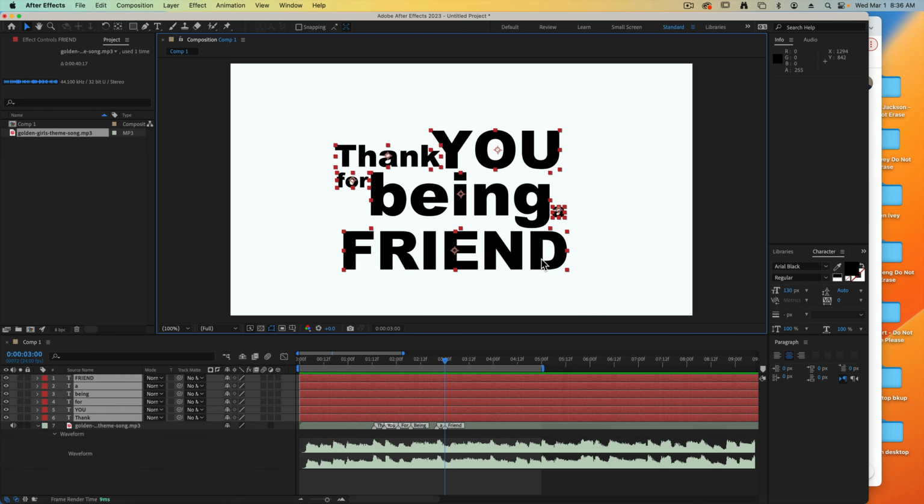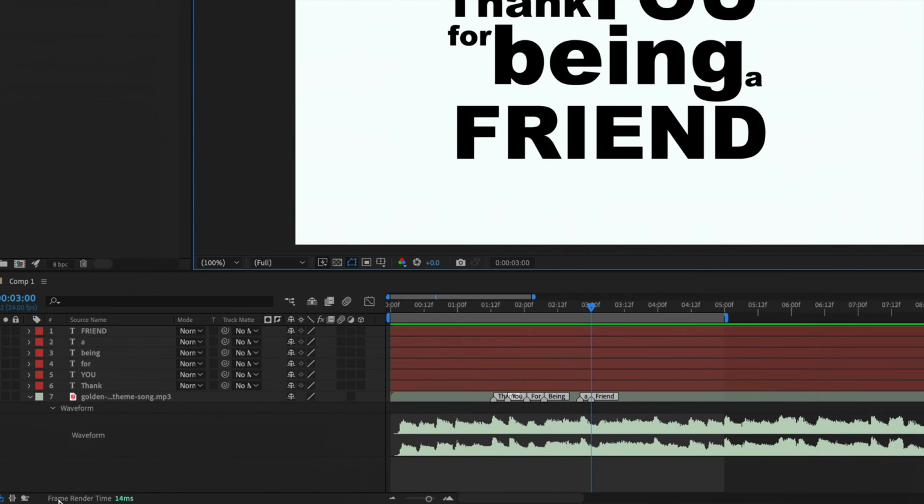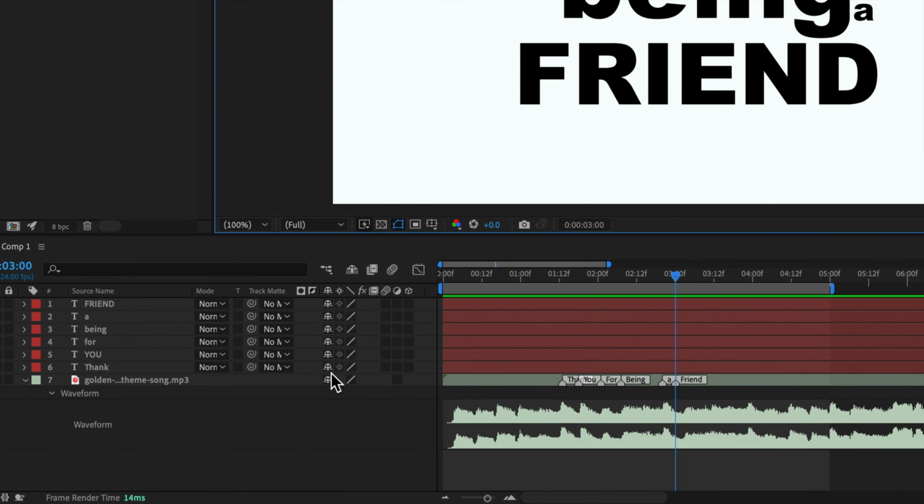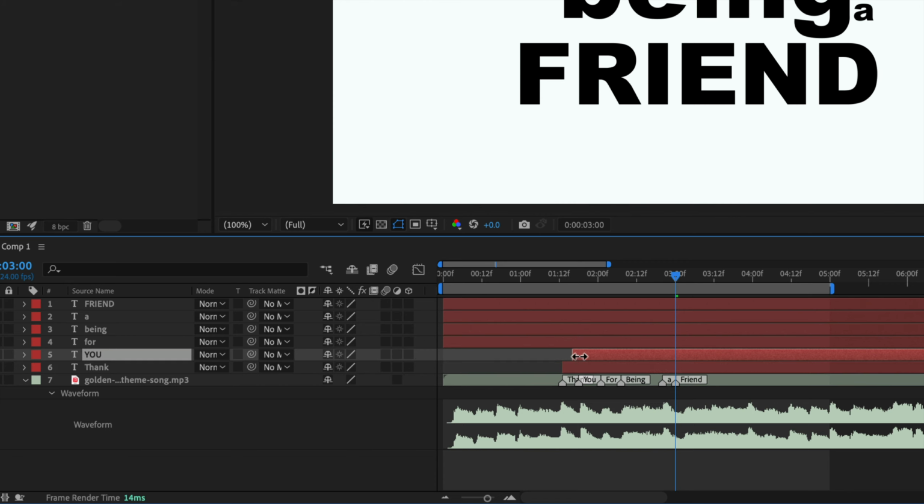Once we've got our entire composition set and nice in the center of our frame, now we can turn our attention to our timeline. And since each word is in its own separate layer, we can start that layer's time right where it corresponds with the marker that we've developed on our MP3 timeline. So I dragged thank to start with thank. The you timeline is going to start with you for